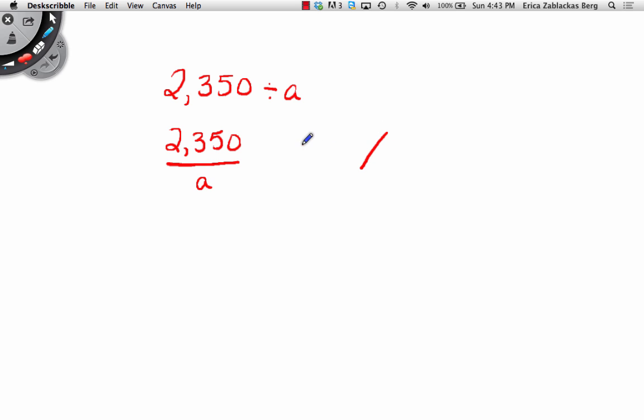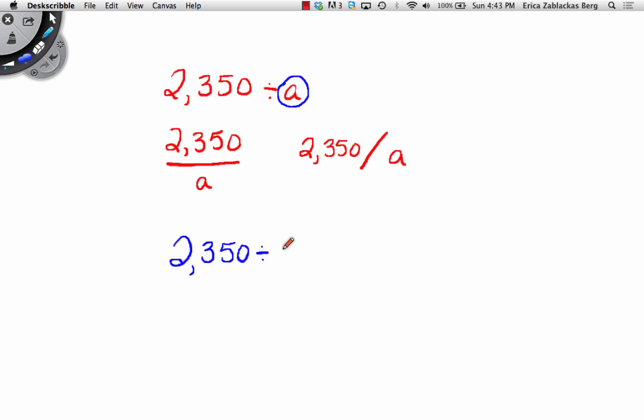So we could also write 2,350 divided by A. Okay, let's go ahead and evaluate for our variable. We're now changing A, or replacing A, with 5 because George has 5 kids. So our new expression, which is going to be a numerical expression, is